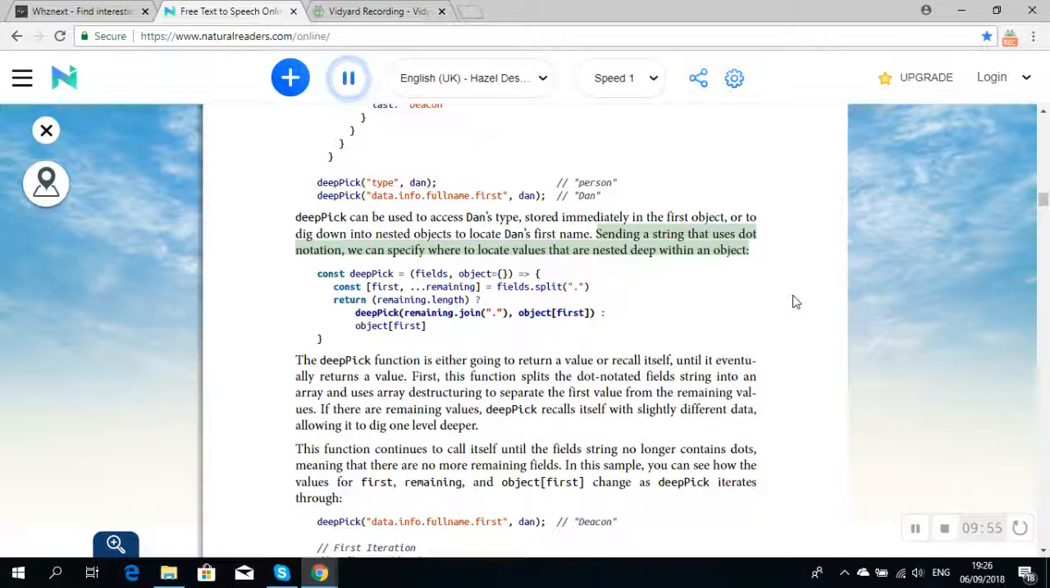Sending a string that uses dot notation, we can specify where to locate values that are nested deep within an object. const deepPick = (fields, object = {}) => { const [first, ...remaining] = fields.split("."); return remaining.length ? deepPick(remaining.join("."), object[first]) : object[first]; }. The deepPick function is either going to return a value or recall itself, until it eventually